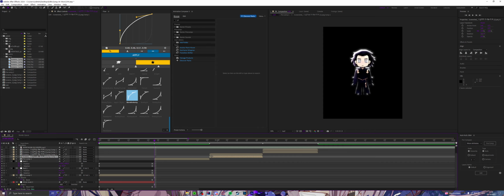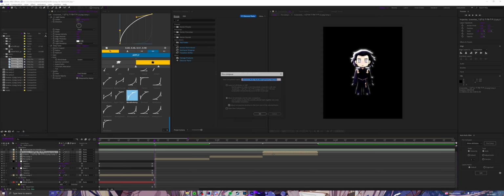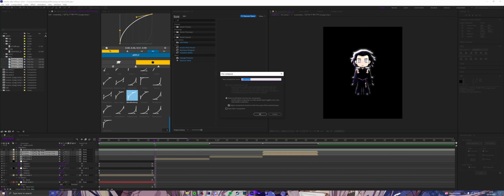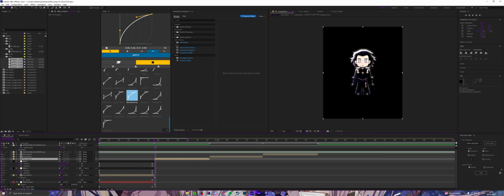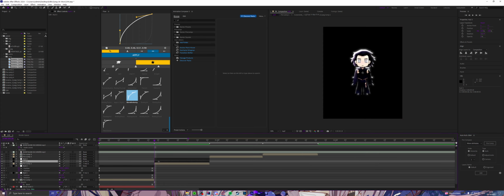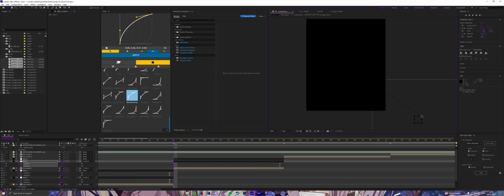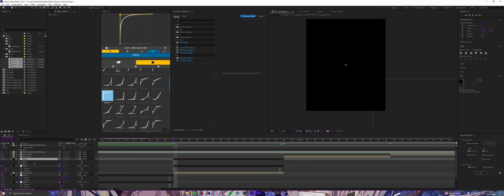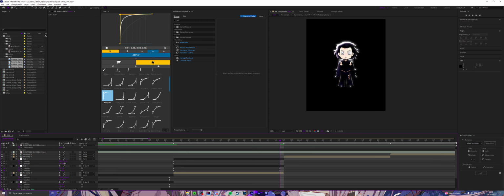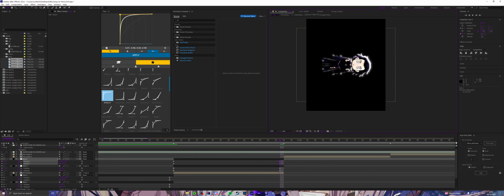Let me just pre-compose these, and then I'll speed up the process just a little bit because I can't be asked to sit here for a while. Like so, and then you're just gonna add it like this. Move it to the end, like so, and just go 90. Pull it to the bottom right, and then give it the good old graphs right here. 90 again, and then to the bottom,